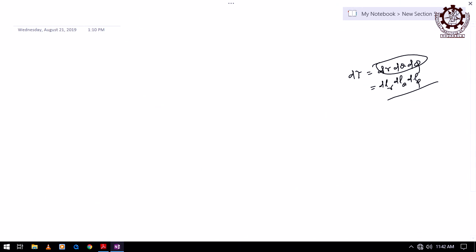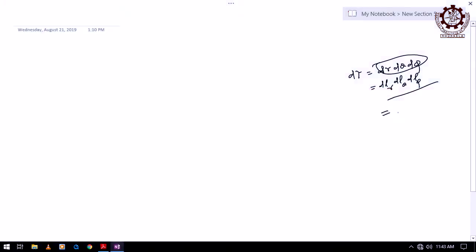So, if you multiply, then you are getting the volume, and that volume is in which coordinates? Spherical polar coordinates or curvilinear coordinates, right? Then if you write the same thing in terms of r, theta, and phi, how much volume will you get? You have to know first what is dl_r, what is dl_theta, and what is dl_phi, right? Then only you can multiply to get the value of the volume. So, if you get these values and multiply, then ultimately it will give you, you check it, r square sin theta dr d theta d phi, right?